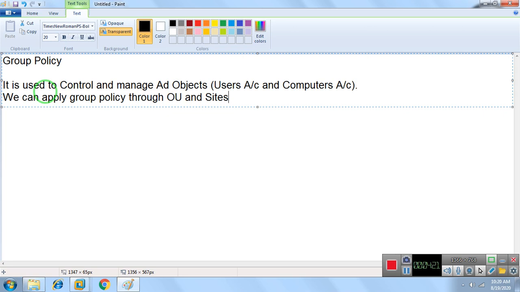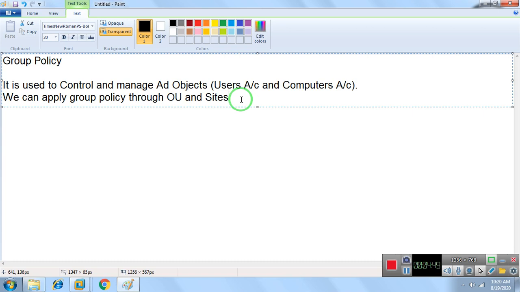Imagine I have 10 users in my network and I need to implement the same policy on those 10 users. First I need to create the OU, move all the users into the OU, and then implement the policy on the OU.